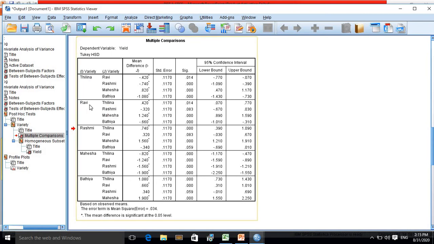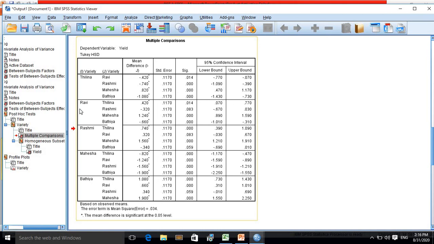When you compare Ravi with Rashmi, the obtained p-value is 0.083, which is greater than 0.05. Then you can say that there is no significant difference between Ravi and Rashmi. When you compare Ravi with Mahesha, the obtained p-value is 0.000, which is less than 0.05.